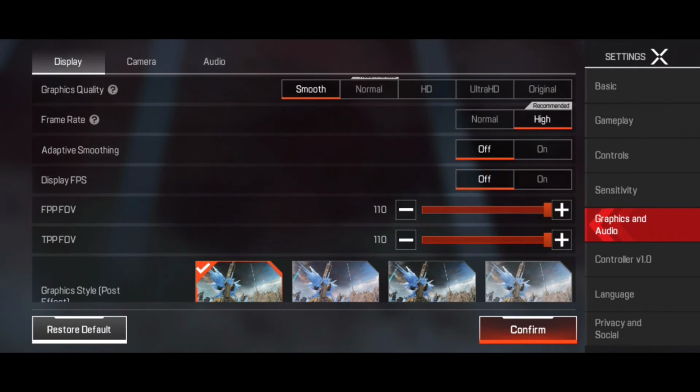Display FPS, if you really want to know how much FPS you're getting, you can turn it on and turn it off according to your needs. It doesn't even bother that much. So anyway,